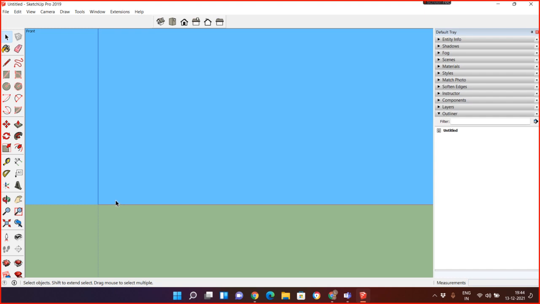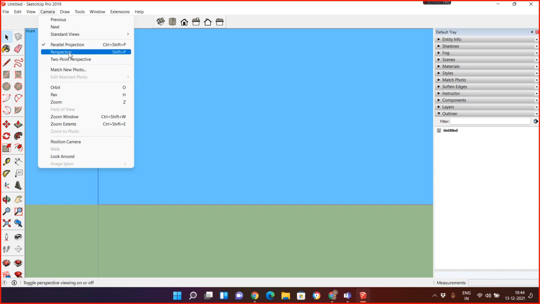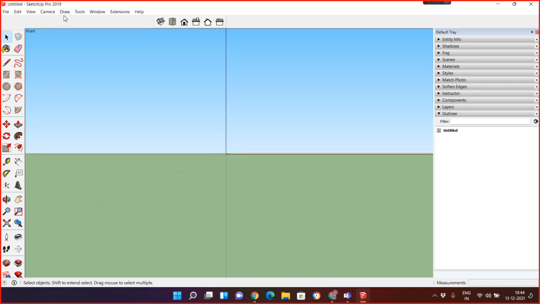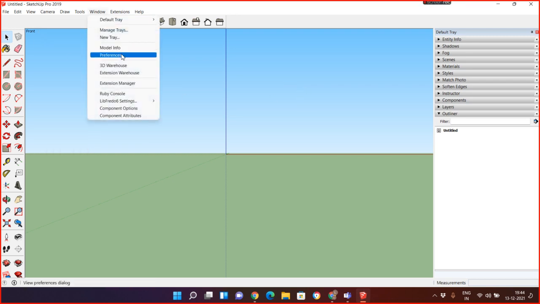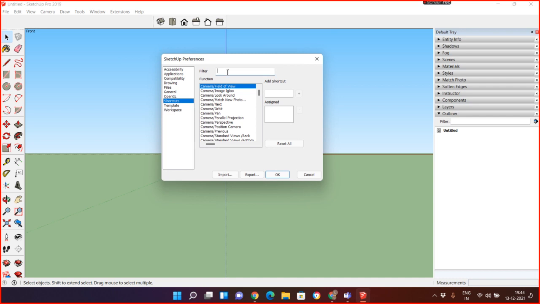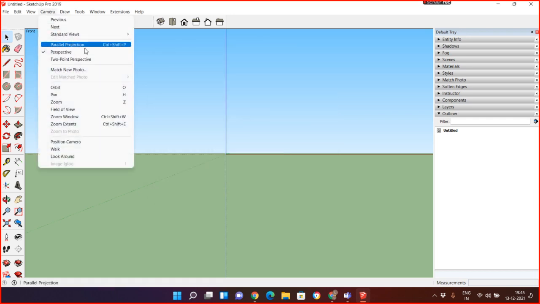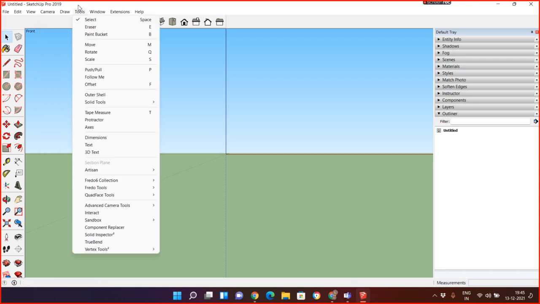Yeah. Now the next part. Look, camera and perspective. Now let's define the shortcut, because I already defined some shortcuts for parallel projection and perspective. Go to Windows and we have preferences, and for perspective I already defined Shift P. If I remove it, now look, go to camera, it's unassigned.